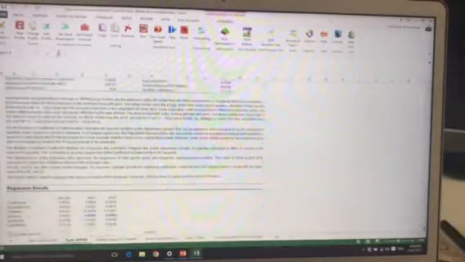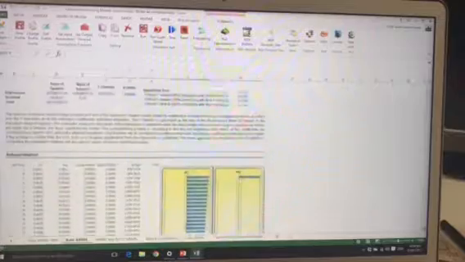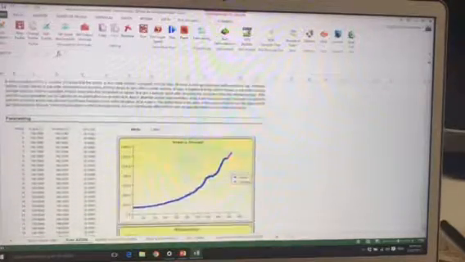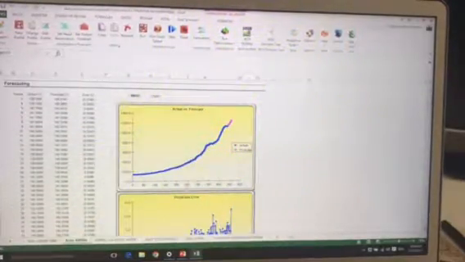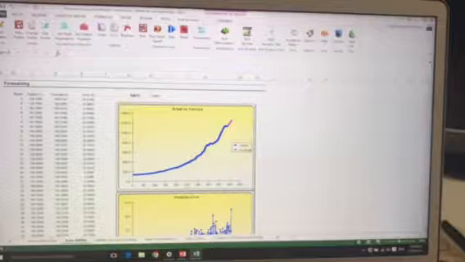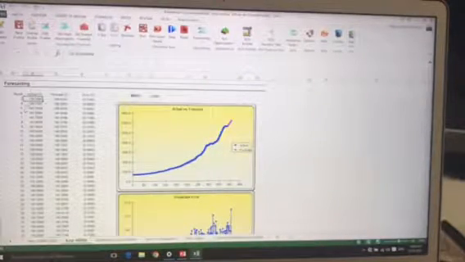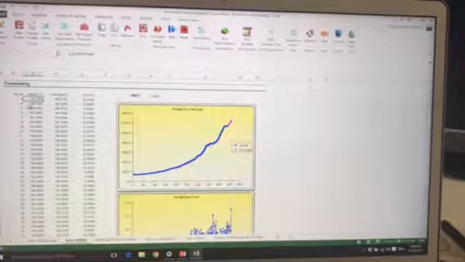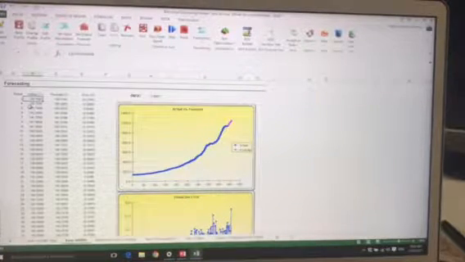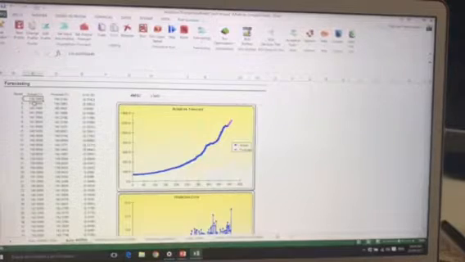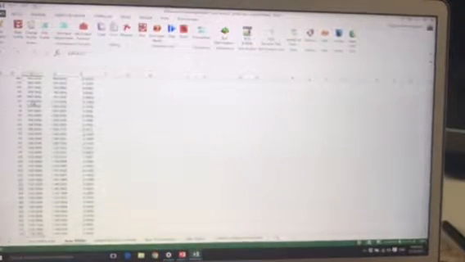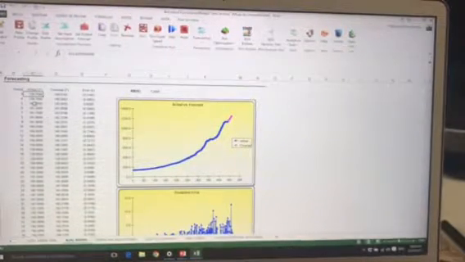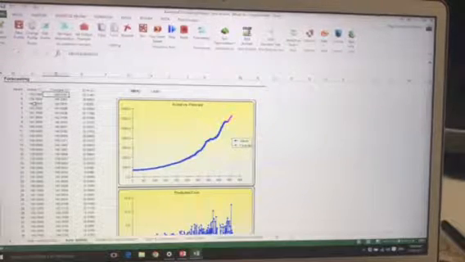We can see here the best fitted model for this estimation of the profit of a company. We have the actual data, for example, 139, as I said, the first day profit, and all the 400-something data points, and this is the forecast